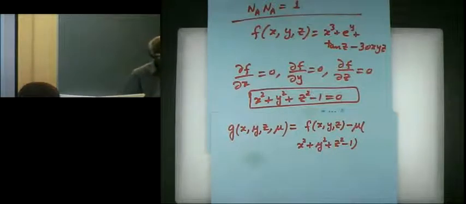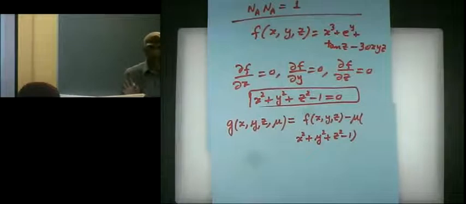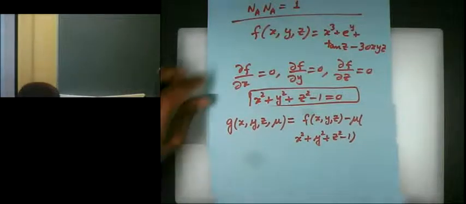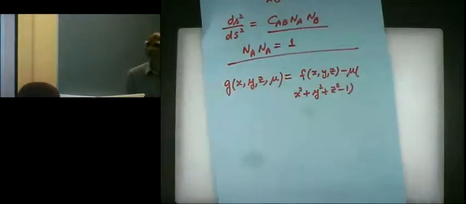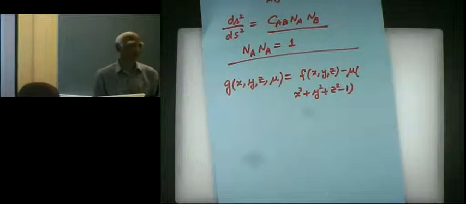Okay, now, this was proposed by Lagrange, again a great mathematician. Now we forget about the constraint. He said, after you modify the function, after you introduce g, you forget about the constraint. Now think of g as a function of 4 variables, x, y, z, and mu. So instead of minimizing or maximizing a function of 3 variables, now we are minimizing or maximizing a function of 4 variables.